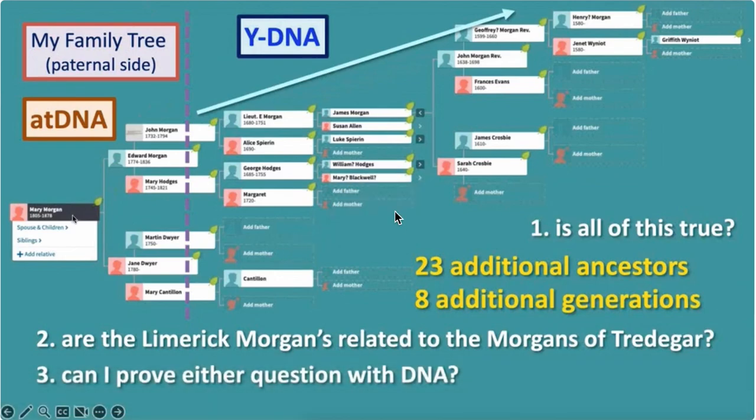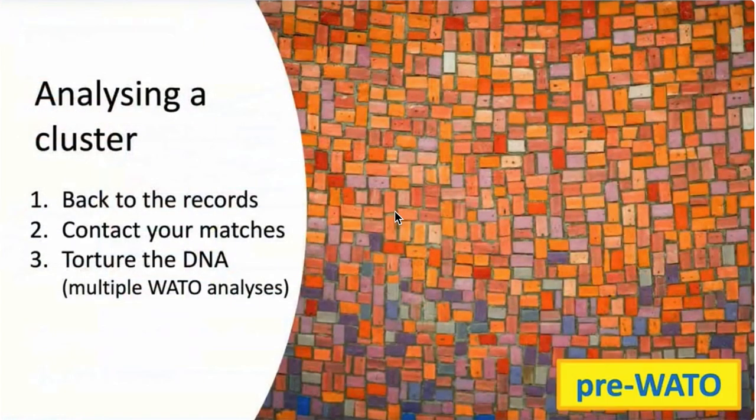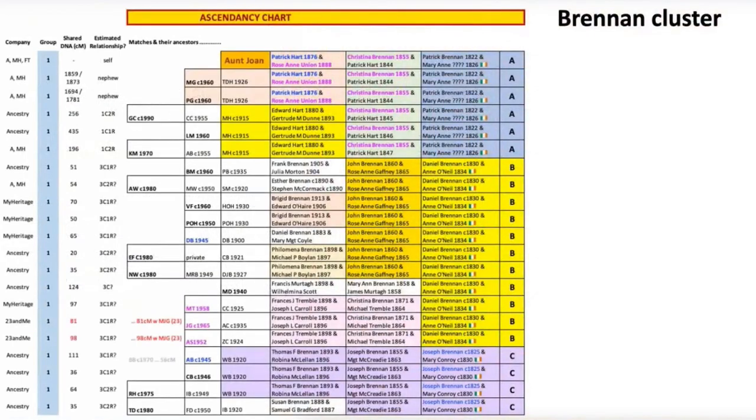my brick wall on the Morgan side of the family. So that was an example of analyzing a cluster prior to the availability of the WATO tool. But let me turn to an example using a different cluster of my shared matches, and this is my